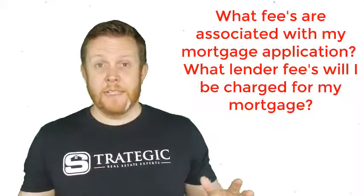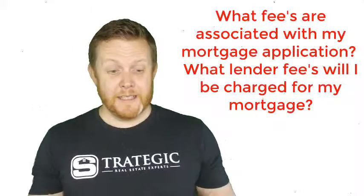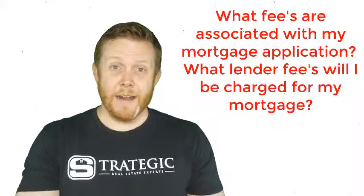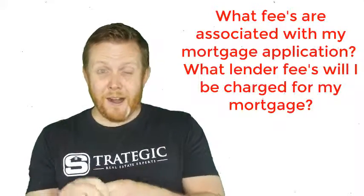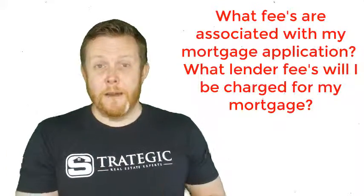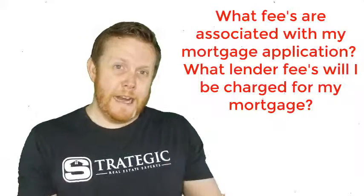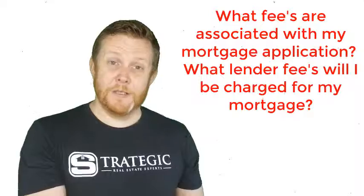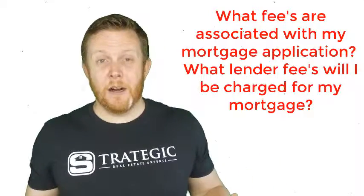It might be lumped all together as just an application fee, but typically they'll call it an app fee, an appraisal fee, and then a credit report. So those three together are kind of the upfront things that you might be paying for when you go to apply for a mortgage. Now, when we actually close on the house, there's going to be lender closing costs to